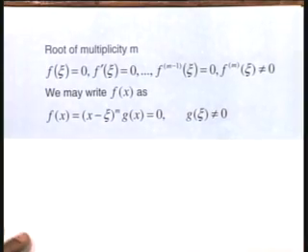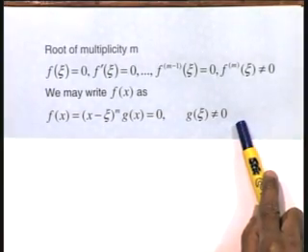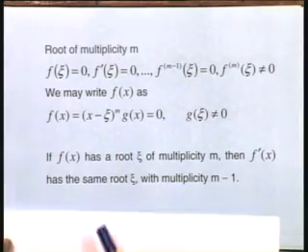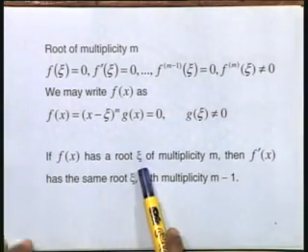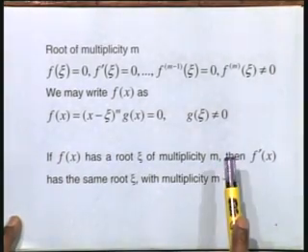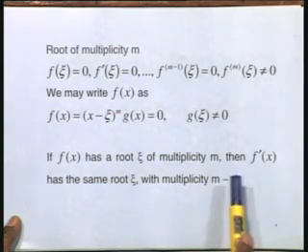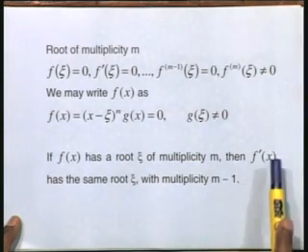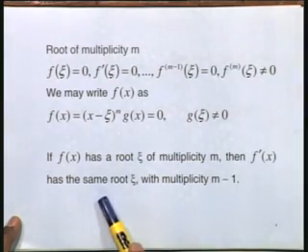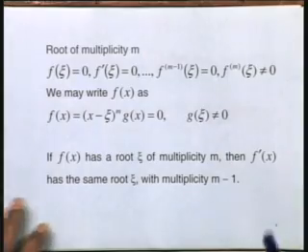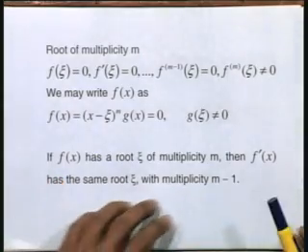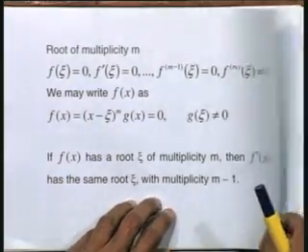However, we can also look at this same problem in a slightly different way. We know that if a function f(x) has a root xi of multiplicity m, then its derivative f dash x has the same root xi with multiplicity m minus 1. Similarly, if I go further, the second derivative will have multiplicity m minus 2. Now I will take a ratio of f(x) and f dash x and construct a new function. So I can define h(x) as the ratio of f(x) by f dash x, then h(x) has a simple root